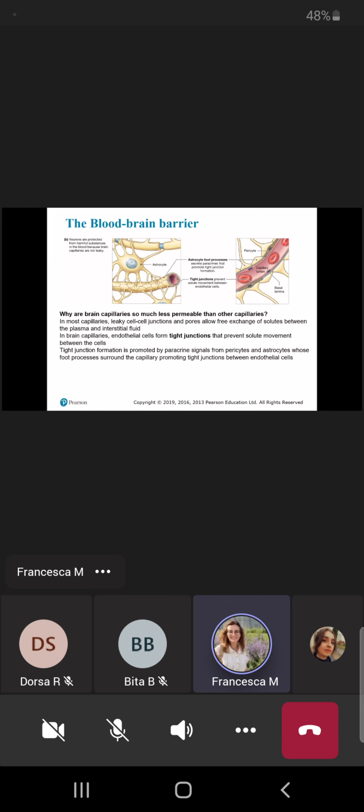Here you can see the structure of the blood-brain barrier. So this is a capillary. This protective barrier is composed of pericytes and astrocytes. Thanks to gap junctions that are present in between these cells, you can see the pericyte localization strictly connected to the capillary and surrounded by the astrocytes, the foot processes of astrocytes. The presence of gap junctions, these closed structures, prevents molecules, pathogens, bacteria from moving from the blood to the brain,